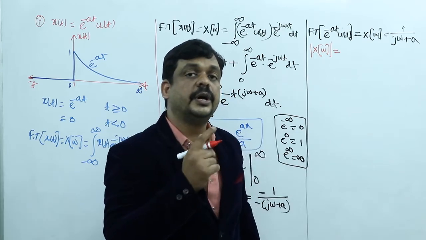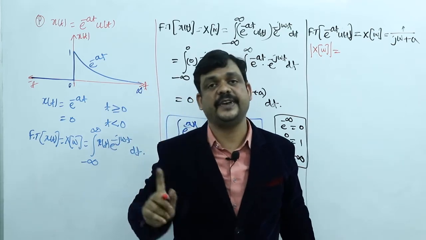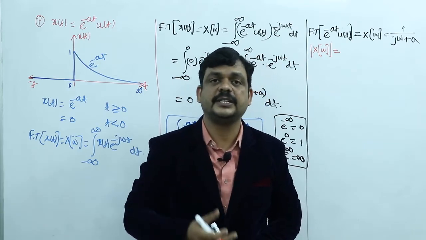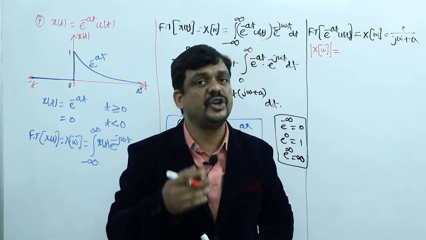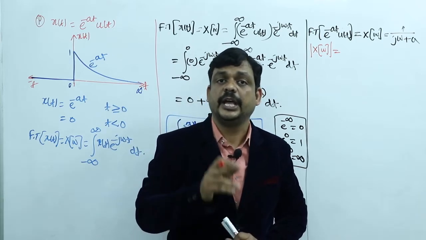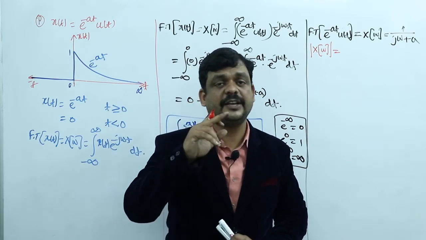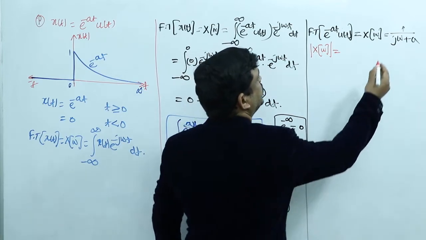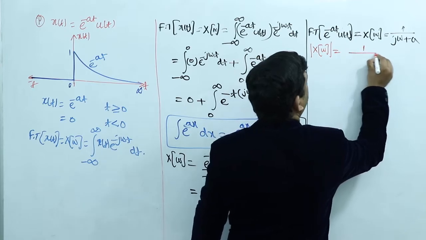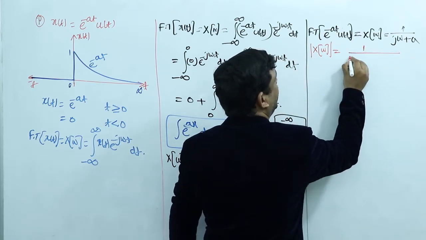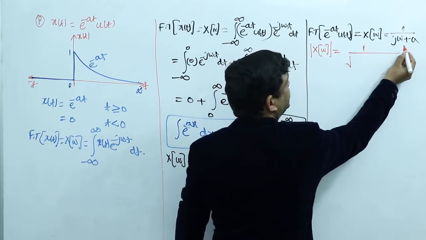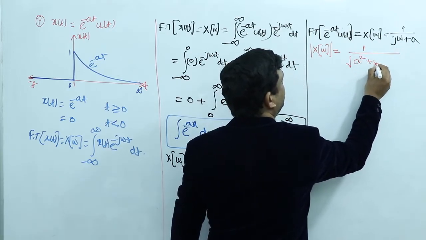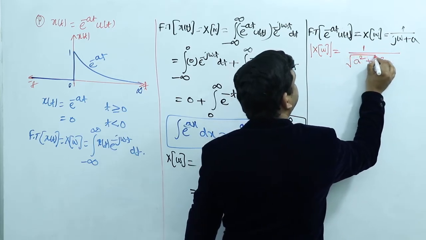So this topic I have already explained in the classification of signals. Just please go through that one. A complex signal is nothing but a combination of real and imaginary signals, right? If you want to find its magnitude, it gives you directly the square root of real term square plus imaginary term square. So in the numerator there is no complex function, that part I am writing as it is, and in the denominator j omega plus a is there. This is the real term and this is the imaginary term, which directly gives a square plus omega square.